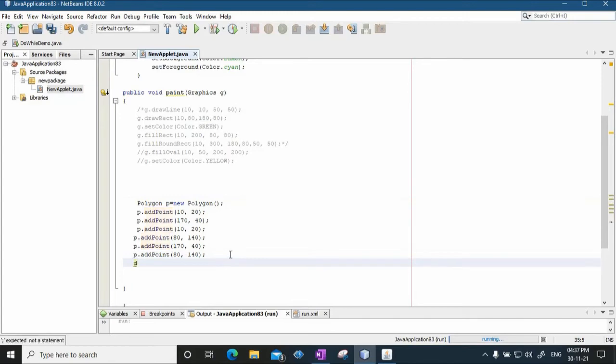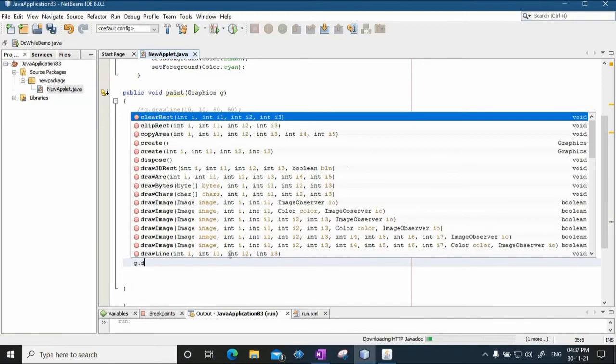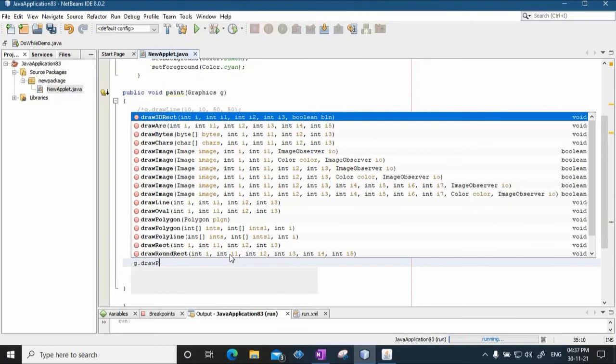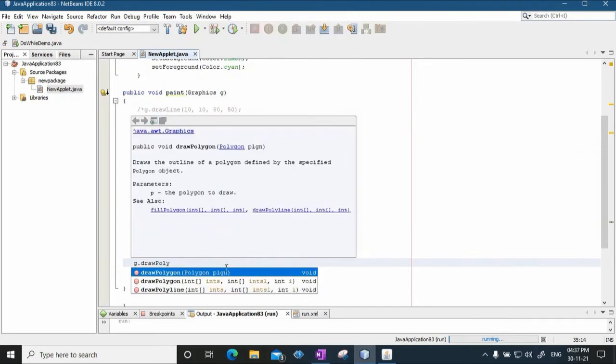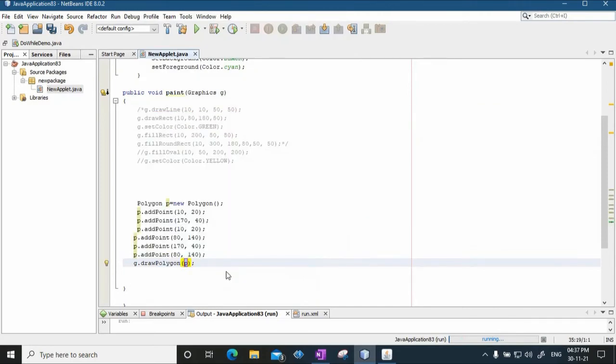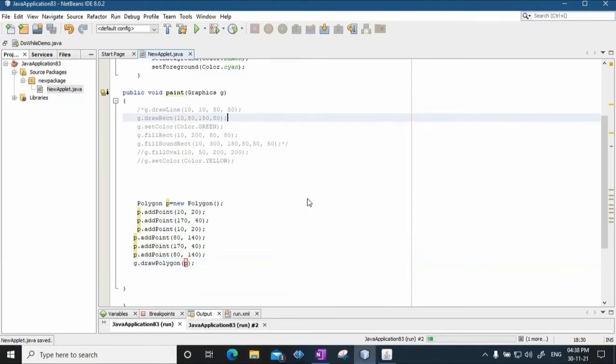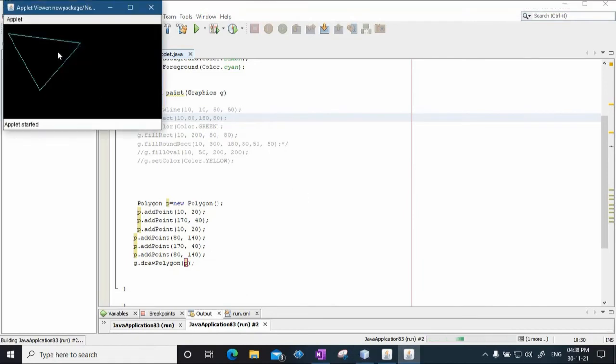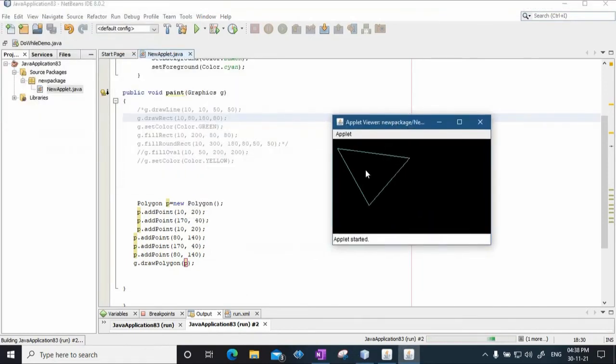So I'll say G dot draw polygon, and I will specify the object P. I save this. I try to run this code. As you can see, the same polygon is getting printed, but this is just another way using add point method.